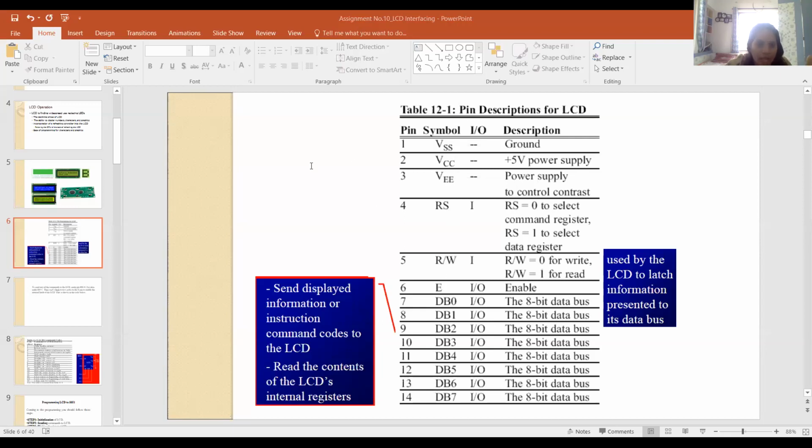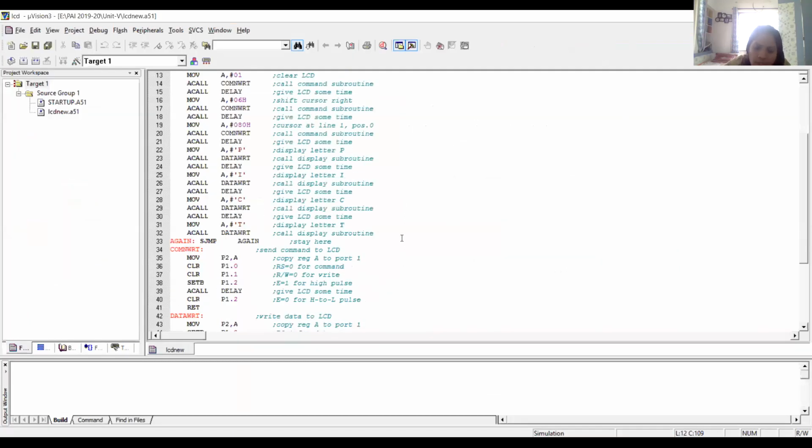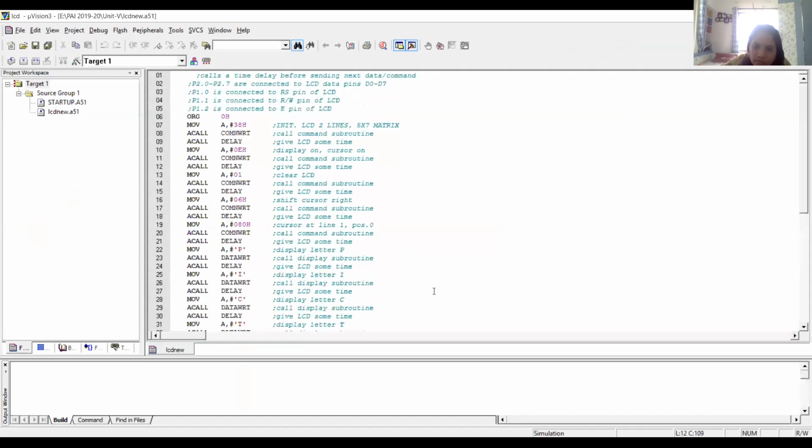So this is what your actual code is. Are you able to see the Keil? The code which I opened in Keil.